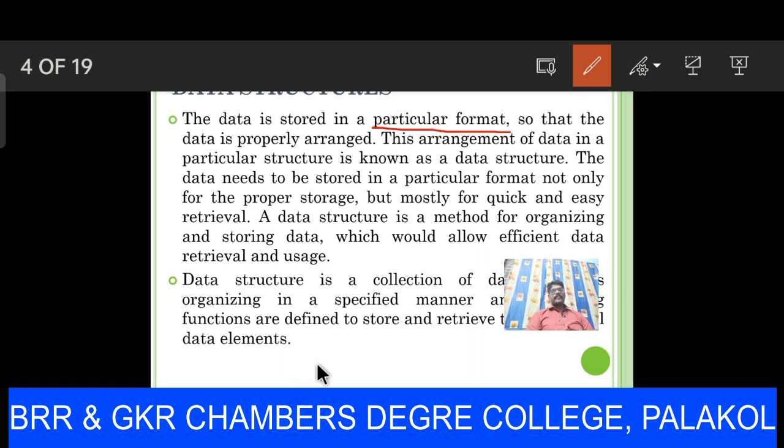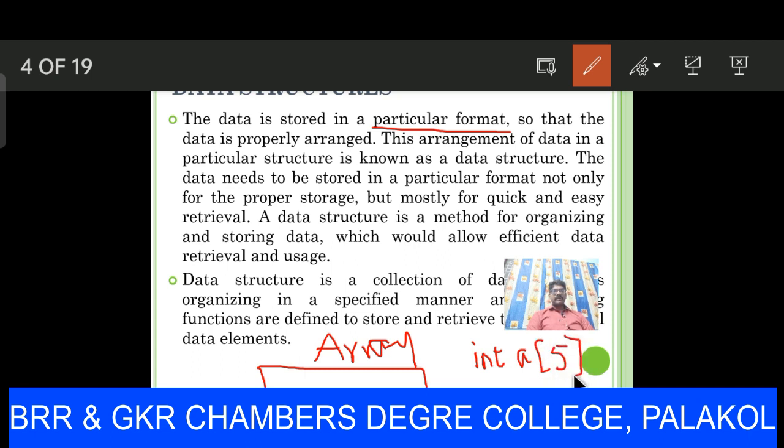For example, array. In arrays, the data is stored in linear format. Already you know, if you want to create int a of 5, what happens?